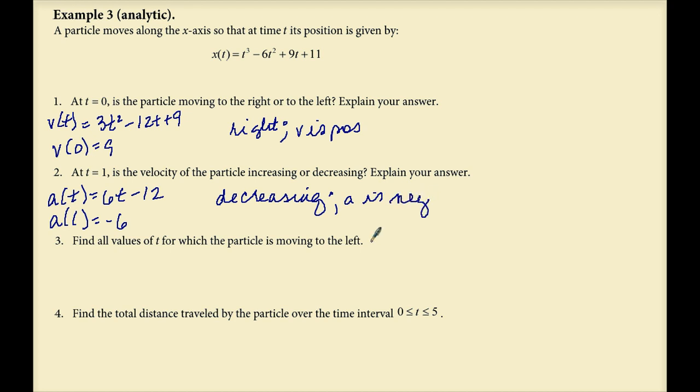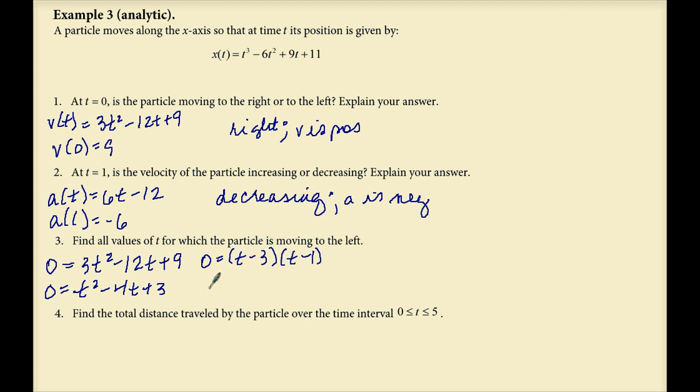Find all values of t for which the particle is moving to the left. Let's set the velocity function equal to 0 to see if there were times when the particle was at rest. 0 equals 3t squared minus 12t plus 9. Let's divide both sides of this equation by 3. t squared minus 4t plus 3. And now factor. 0 equals (t minus 3)(t minus 1). So there were 2 points at which the particle was at rest, at t equals 3 and